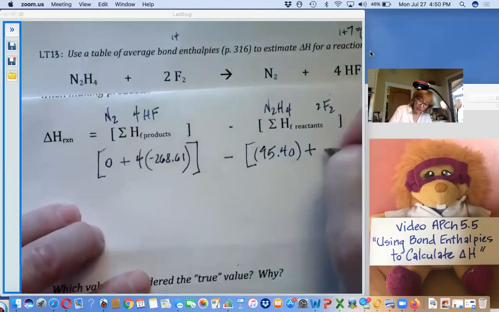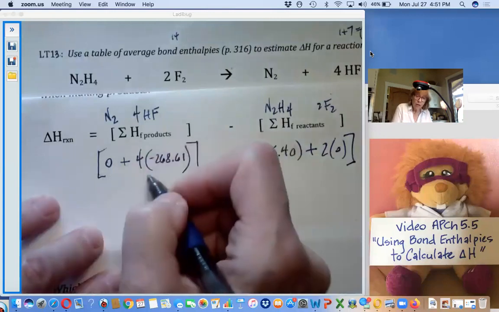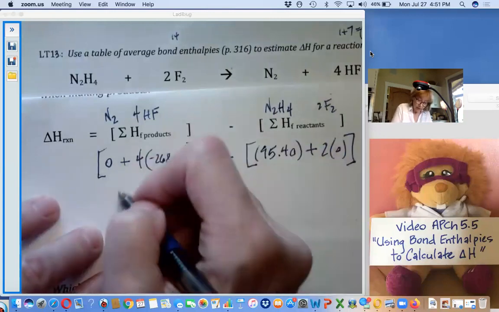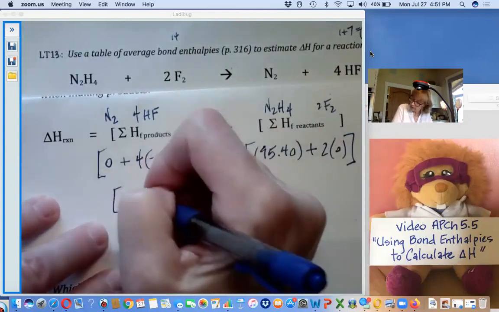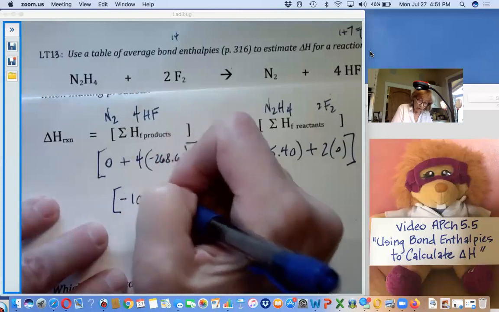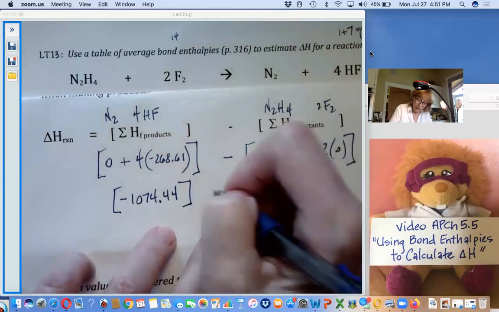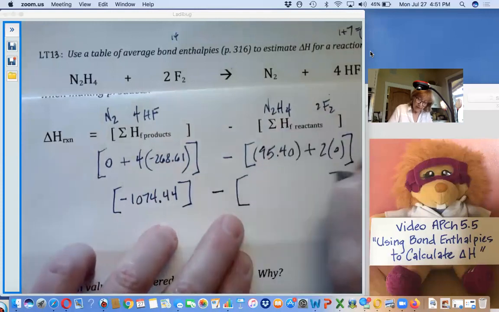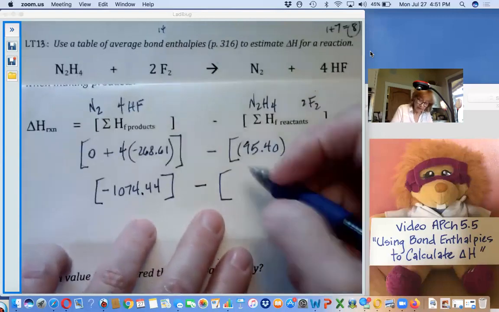So this would be 2 times 0. Now you grab your calculator and you add the sum of our products. And that sum is negative 1074.44. Subtract from that the sum of heats of formation of our reactants,